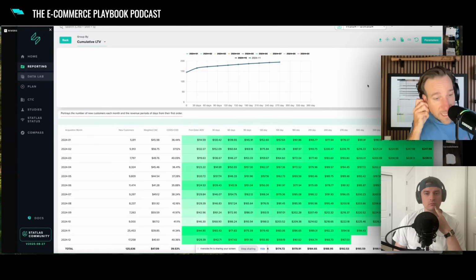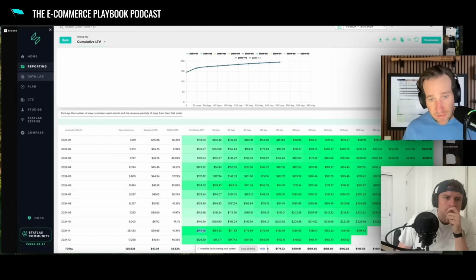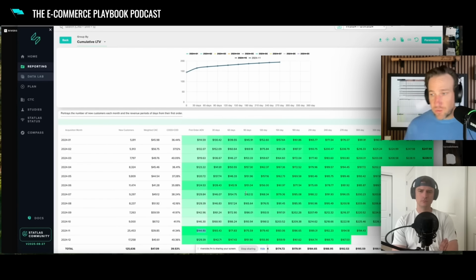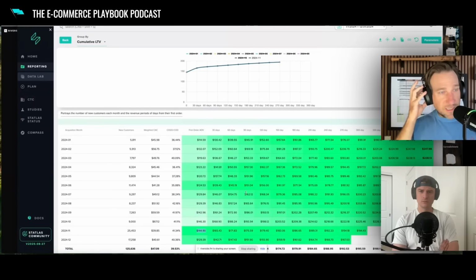Okay. And so if we look at this line right here, this is my November cohort. What you'll notice is that on a first order basis, it has the highest initial AOV of almost any of the cohorts. If I start layering in the other months and look down at first AOV, you'll see that it is the highest of any month. This is often true when you do discounts and bundles on Black Friday, Cyber Monday. You often get higher AOVs. You're often also trying to offset gross margin, that sort of thing.